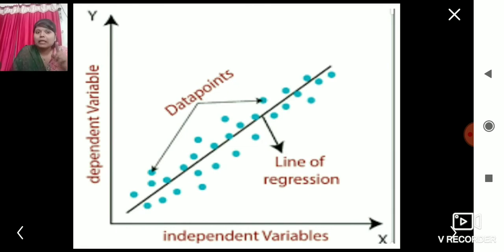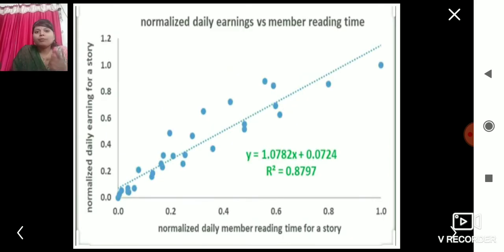That means this line is a line of regression which shows us how linearly the cause and effects are moving together. Okay, the cause is directly proportional to the effect which we are seeing, that is the dependent variable, that is y. Okay, so here is a statistical data, again the same thing, but here you can see